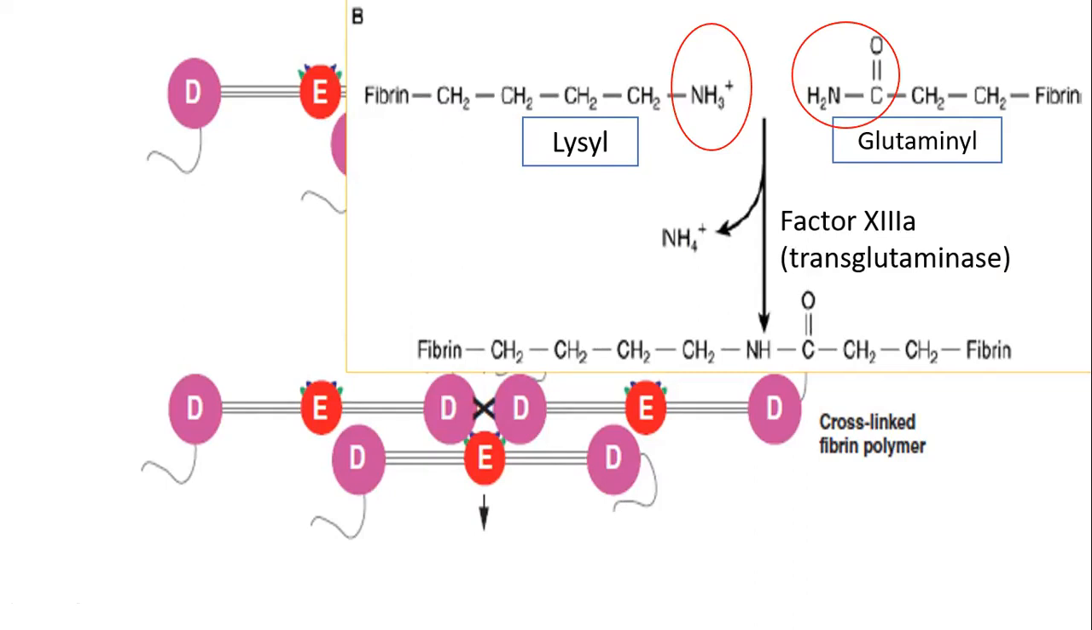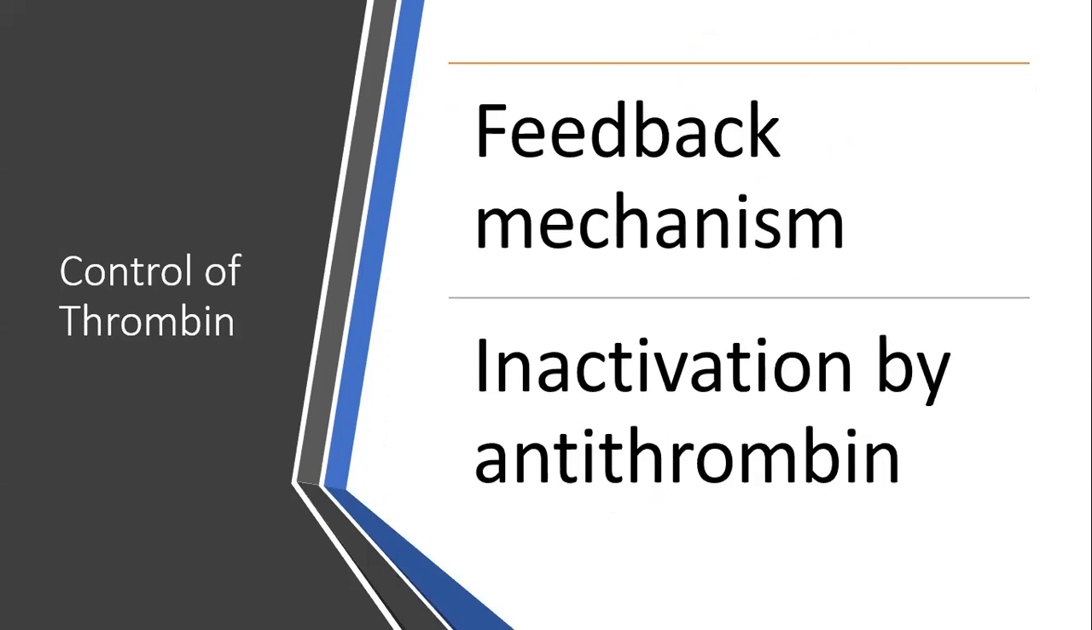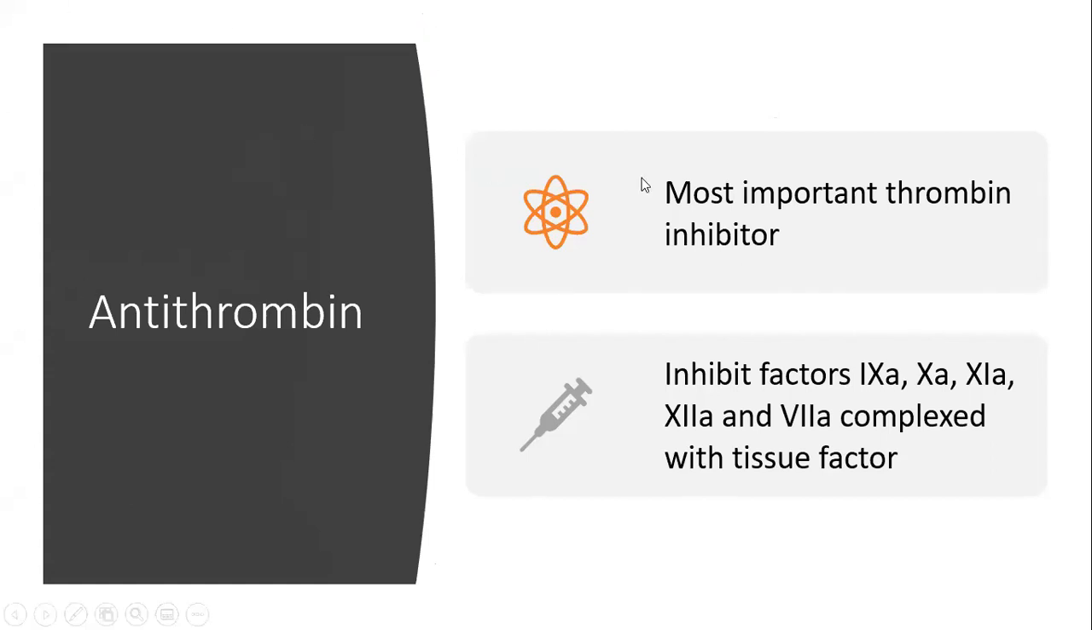Okay? So not only that your thrombin converts your fibrinogen to fibrin, it also stabilizes it by activating your fibrin stabilizing factor. Okay? So how do we control thrombin? No, we have feedback mechanism, but what is more important would be the inactivation by your antithrombin. So antithrombin is the most important thrombin inhibitor. No, in fact, it can also inhibit other clotting factors like your 9A, 10A, 11A, 12A, as well as your